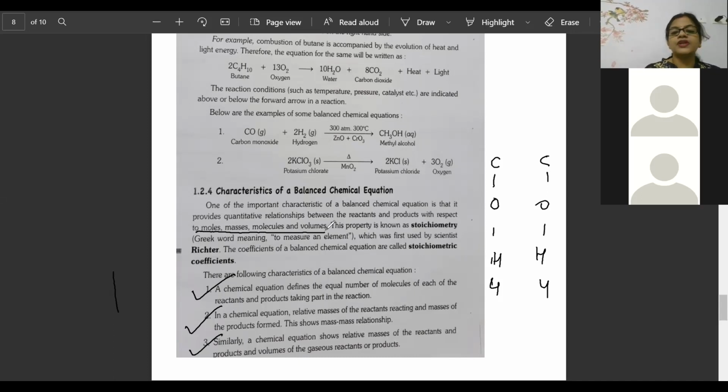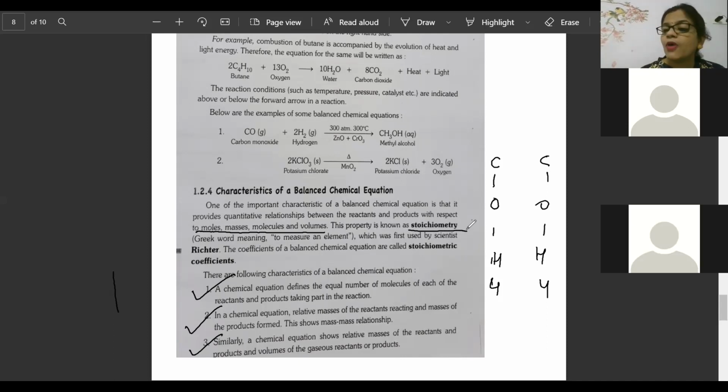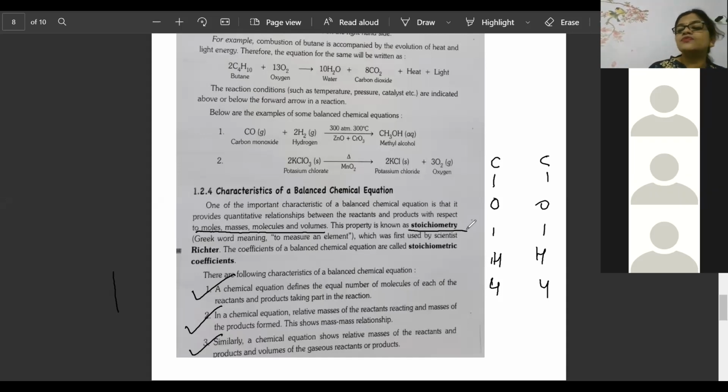Okay, so this property is known as stoichiometry. Stoichiometry means it deals with the quantitative aspect of a reaction. This means how much amount of reactant was there, how much amount of product was there. Is the amount of reactant equal to the amount of product? Like if 1 kg of reactant is there, then 1 kg of product is there. That means you are exactly counting by mass. You are telling that mass is exactly coming here. I hope you might have understood this. So this comes under stoichiometry. Okay, so remember this.